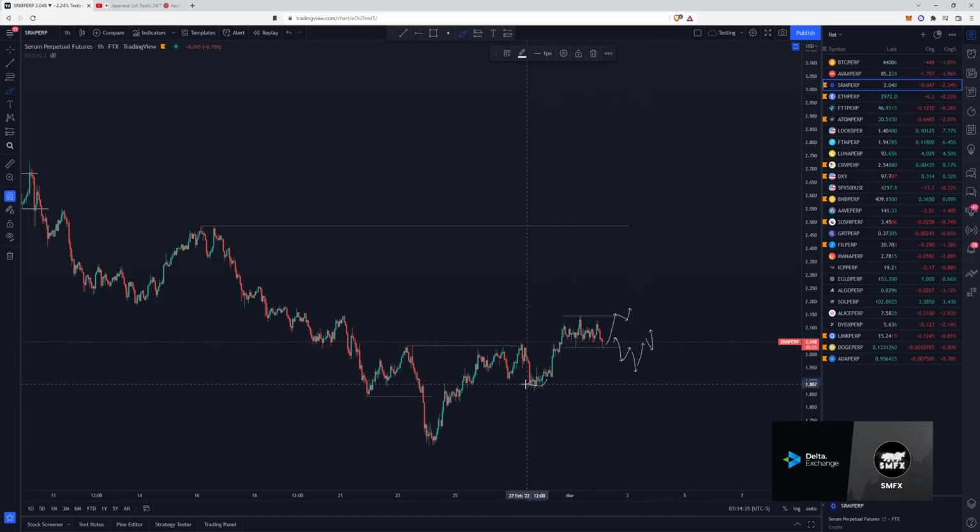I really don't want to see price move below this low right here. As you can see, taking out this low, breaking above the high, taking out this low, breaking above this high. So what we need is for this accumulation to hold, and pretty much what that is telling us is that buyers are continuously stepping into the market and they're wanting to hold these levels. So looking at that,